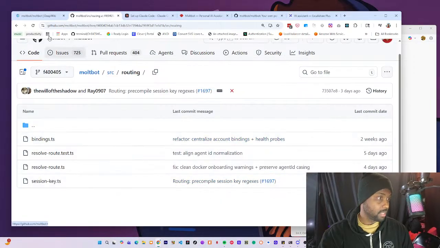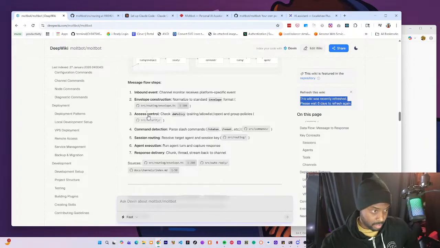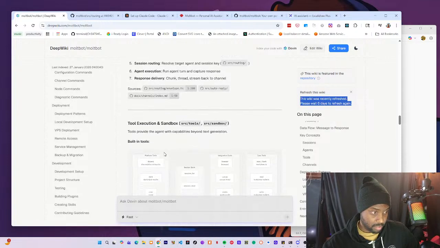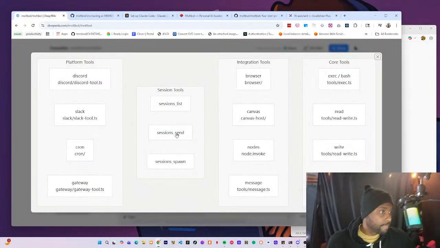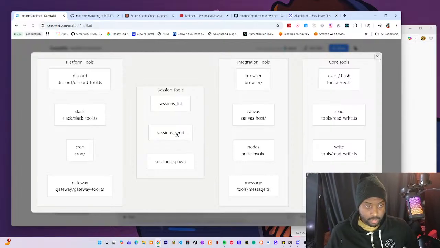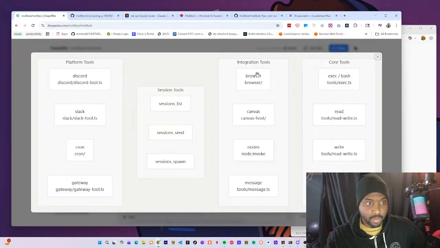Session key binding. All right. So yeah, we already have this routing. This envelope no longer exists. Platform tools, session tools, Discord, migration. Looks like he's built out some tool primitives. The browser primitive, canvas, node,